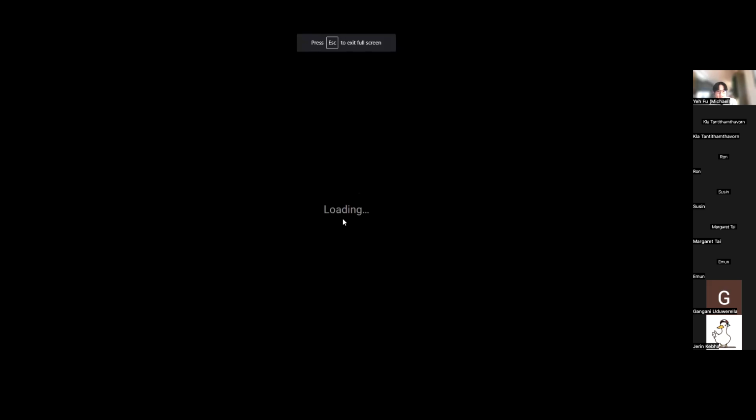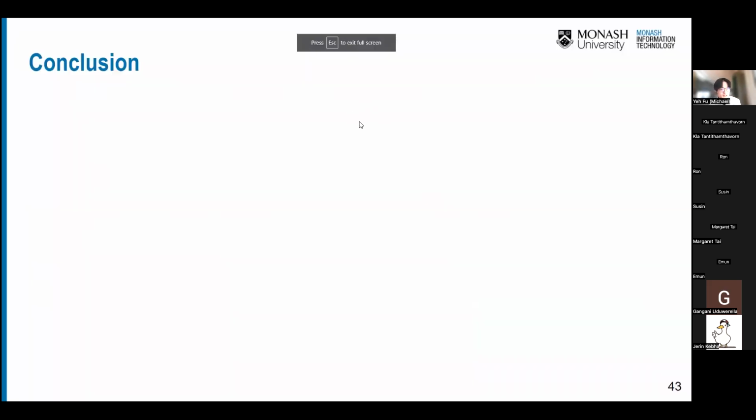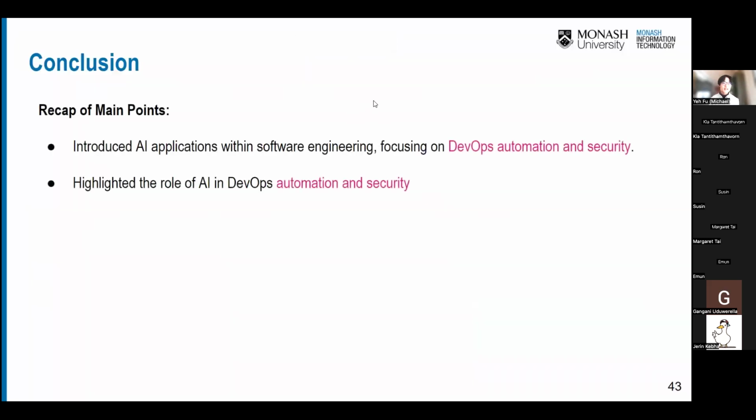Okay, so here comes the conclusion of today's talk. Here's the recap of some main points. We've introduced AI application within software engineering, focusing on DevOps, automation, and security. We highlight the role of AI in DevOps for automation and security.